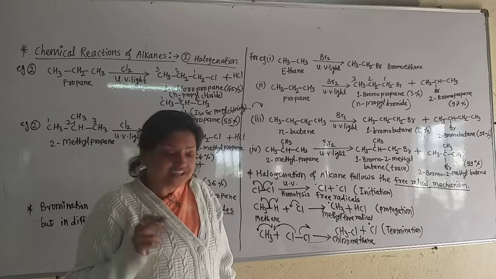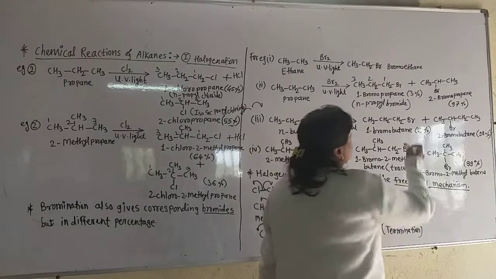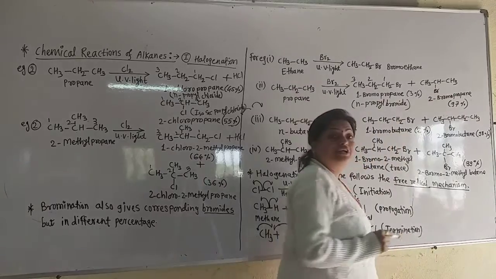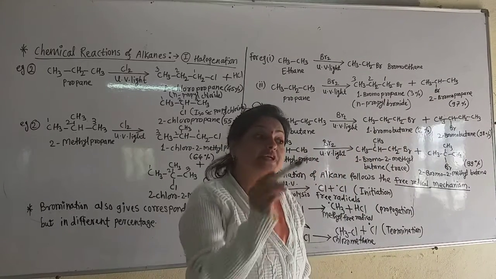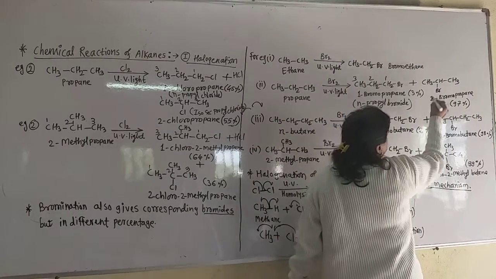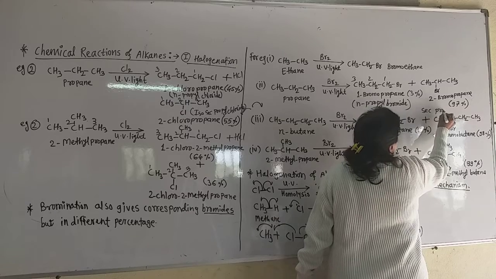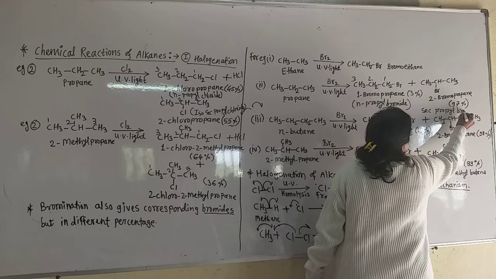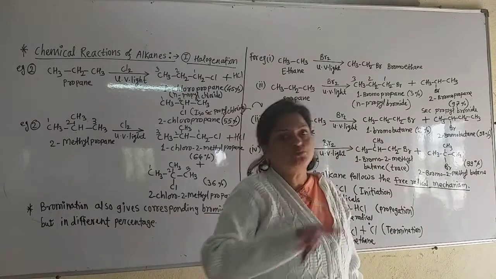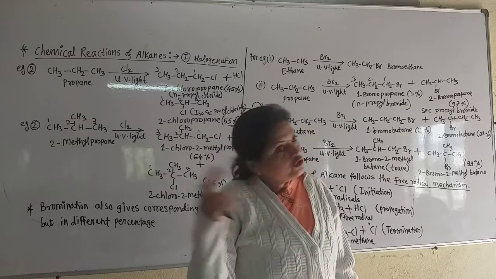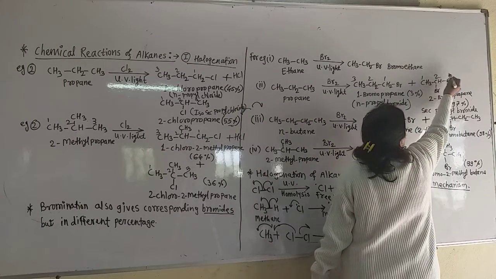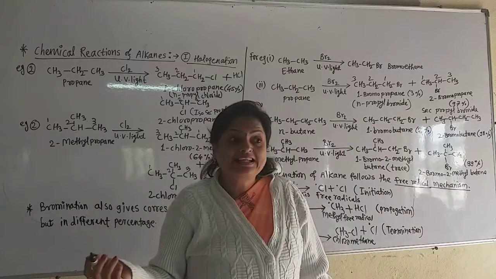And the branched chain bromide, that is the isopropyl group or secondary propyl group, because the carbon contains only 1 hydrogen to which bromine is attached. Remember that, very important. This is the secondary or isopropyl bromide. This is also the name. In examination, you have to write down both names of the product, common name also and IUPAC name also. Now, numbering from any side, 1, 2, 3, on the second carbon there is the bromide.